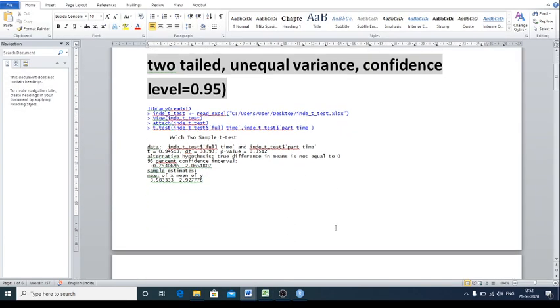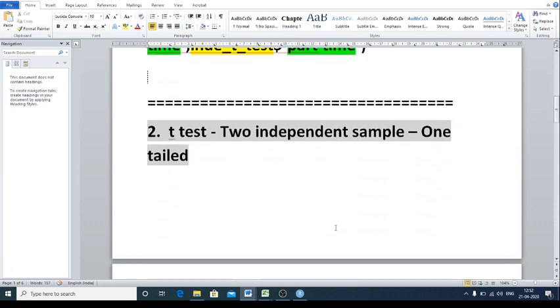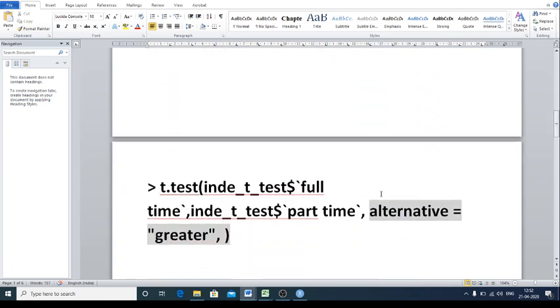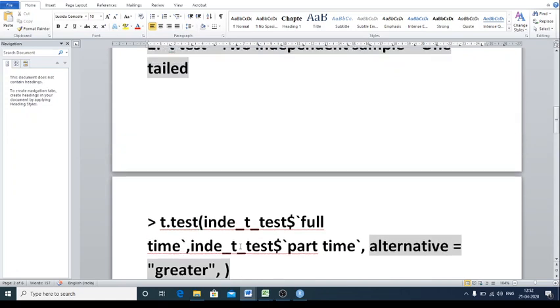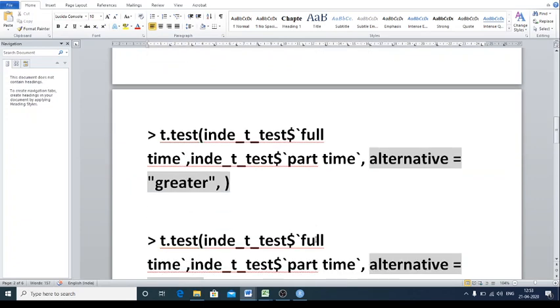If you need to do a one-tailed test, then in the same formula, comma, alternative is equal to greater. So the alternative hypothesis becomes the greater-than hypothesis.